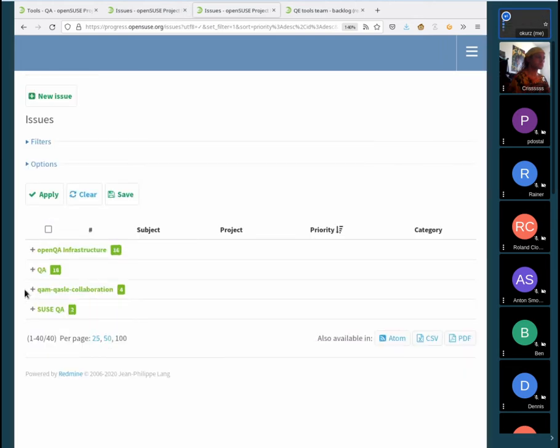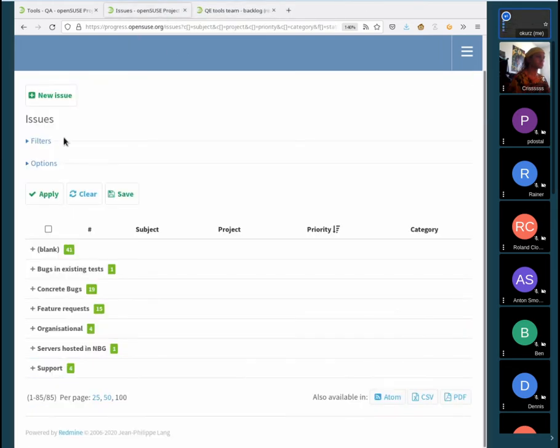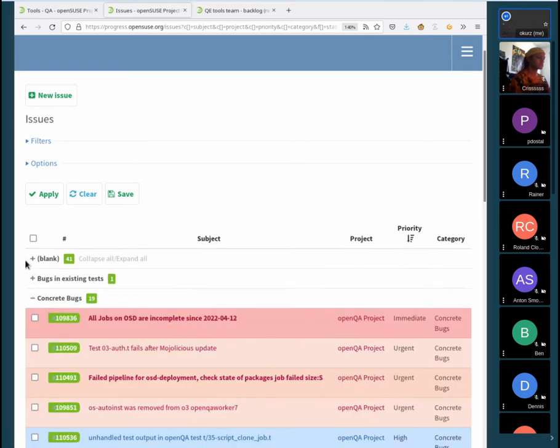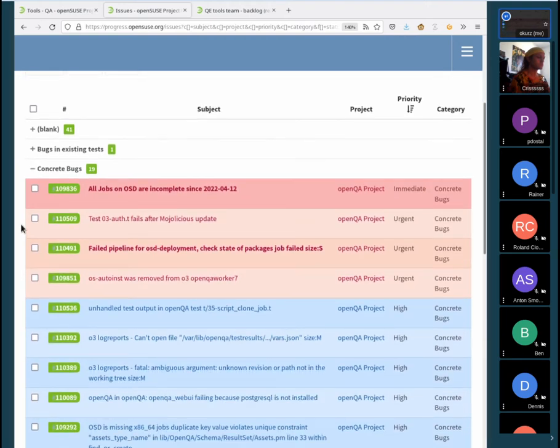Okay, so much about this project. Next is we have bugs in openQA that we fixed. So for example, we had that since one day all new jobs on OSD were finishing as incomplete.